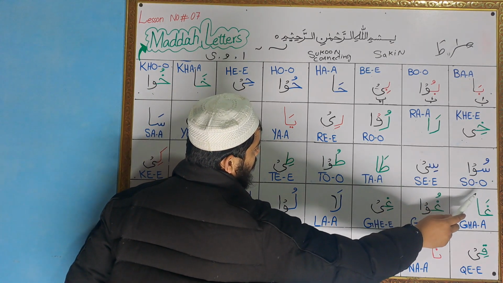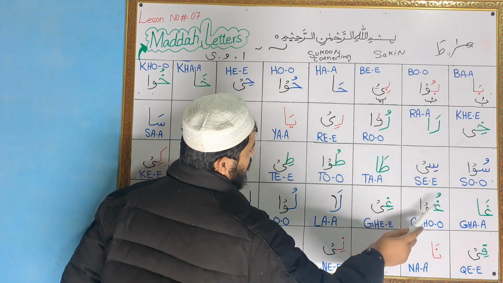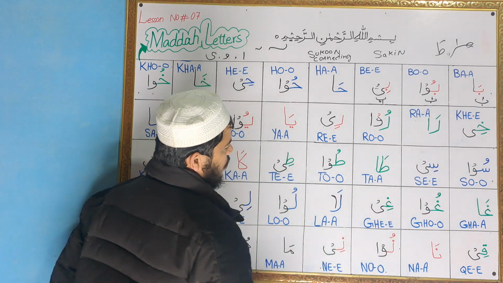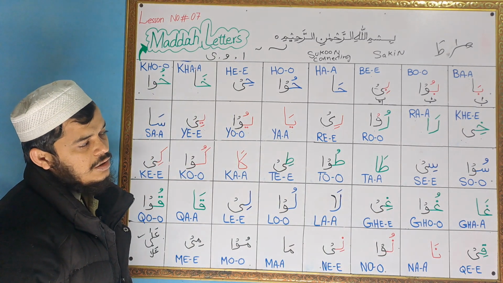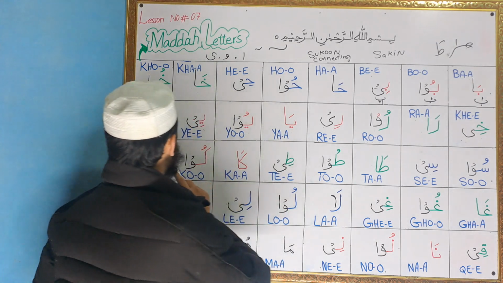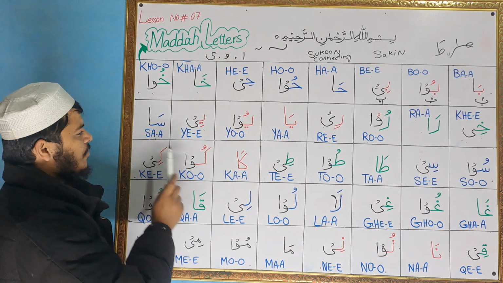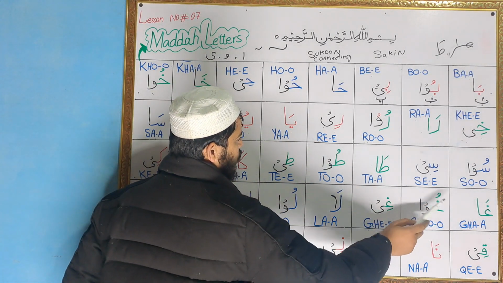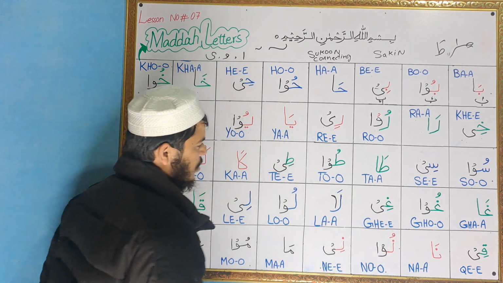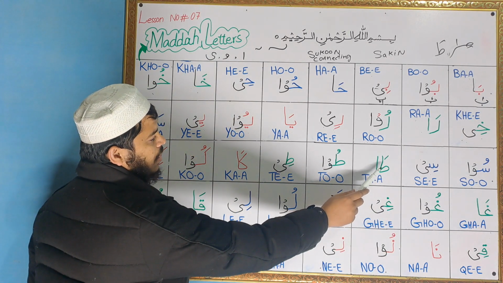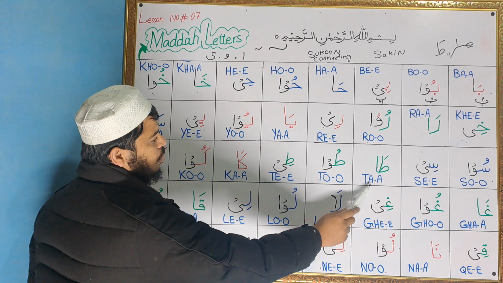Sin, waw, dhamma, su, sin, ya, kasra, si. So sa, su, si. Ta, alif, fatha, ta,